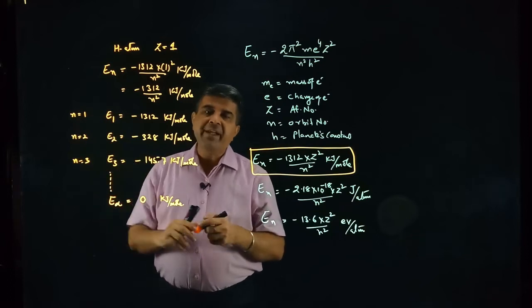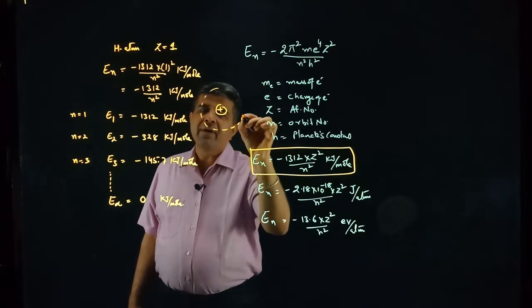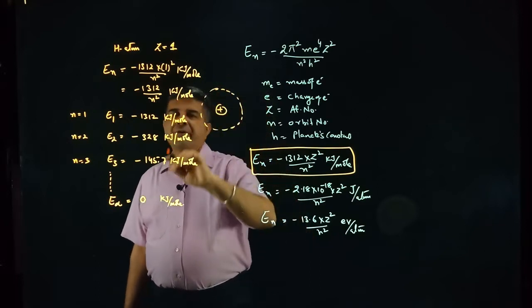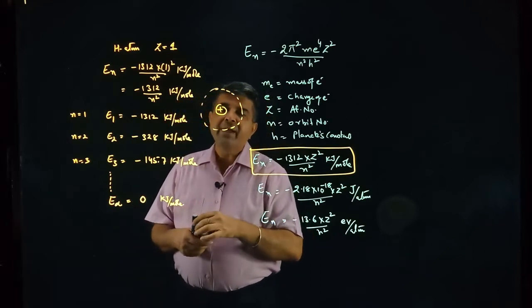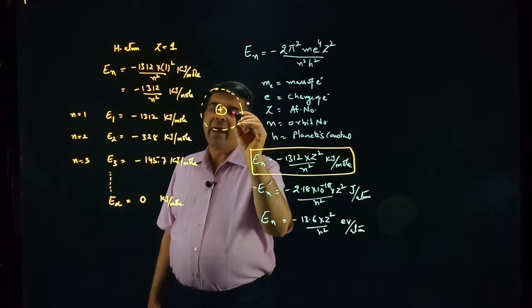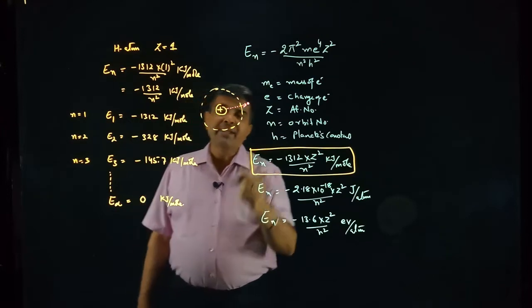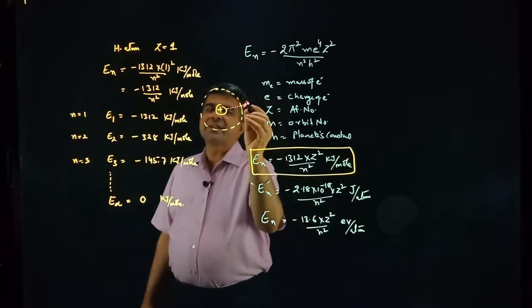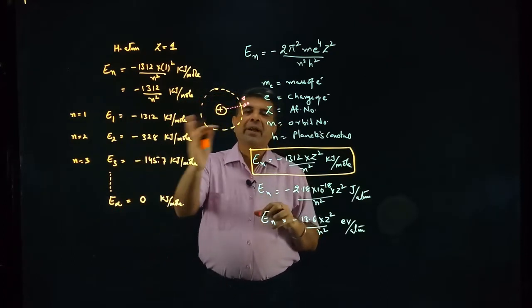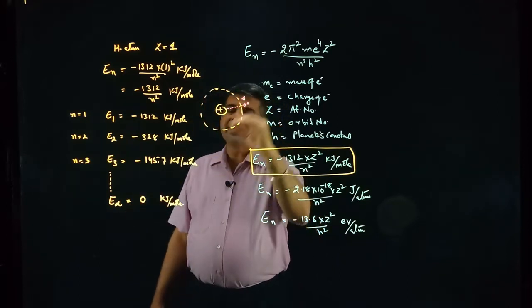Now in this case, infinity means, suppose this is nucleus and this is the valence shell of an atom. If I am considering hydrogen atom, say this is the first orbit of hydrogen atom. So the infinity distance would be when the electron is present outside this orbit and this nuclear charge is incapable of attracting this electron inside the orbit. So this distance would be termed as infinite distance. That is when we eject out the electron from the atom, it would be infinite distance, and at infinite distance the energy would be zero.